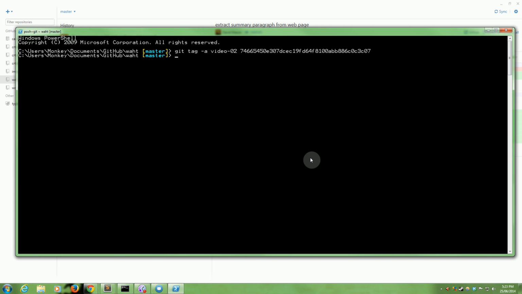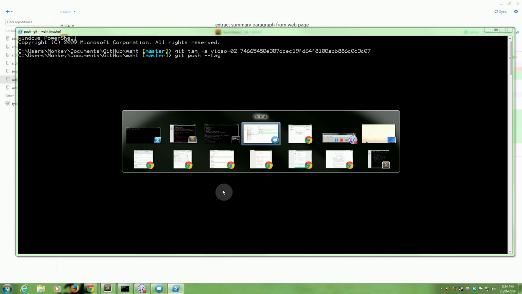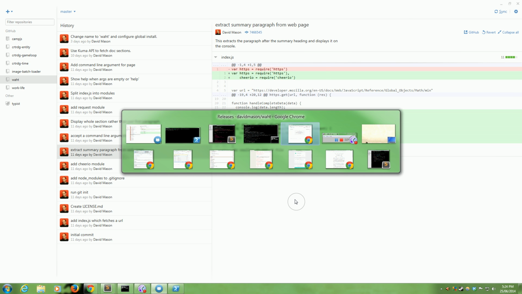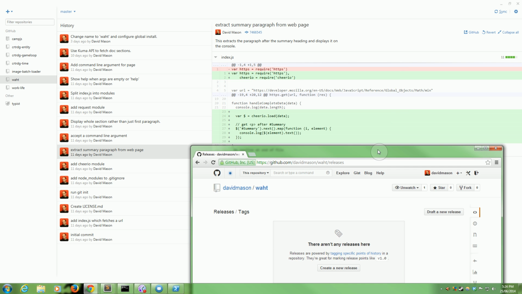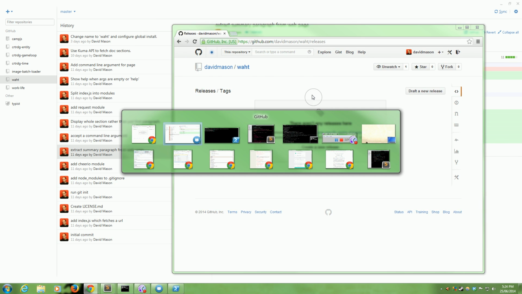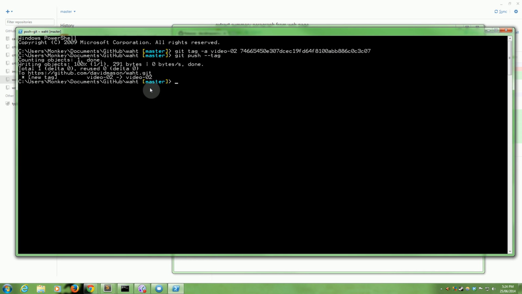Okay, so that should have created a tag on my machine locally, so to push that, I should just be able to do git push tag, and it'll push the tags to the server, and that should make it show up on that page there as a release. Oops, kind of hidden that. So that's finished pushing. It's a new tag for the server,